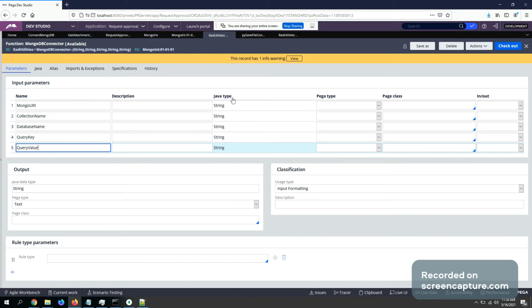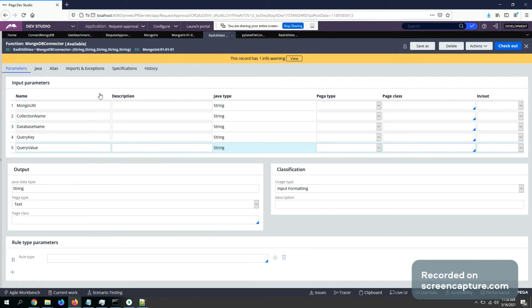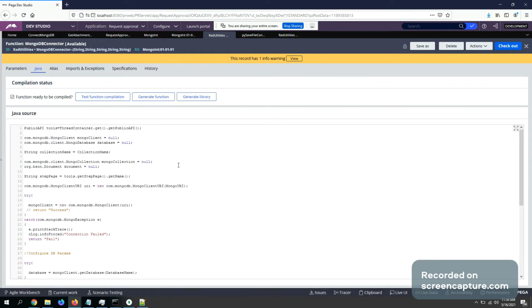So this is for reading, and for writing, let me show you the code. These are the parameters for the read function. So I'll show you the Java code.